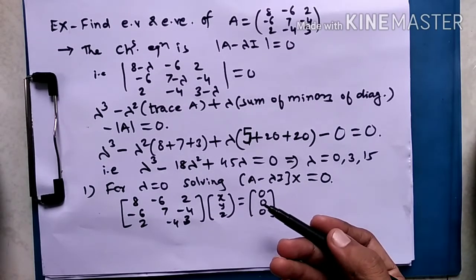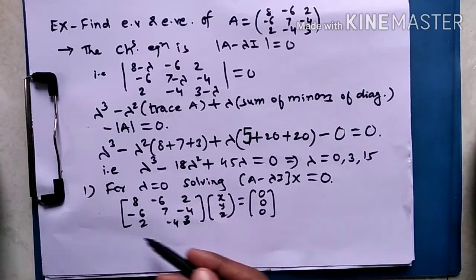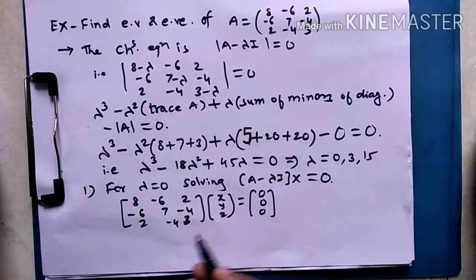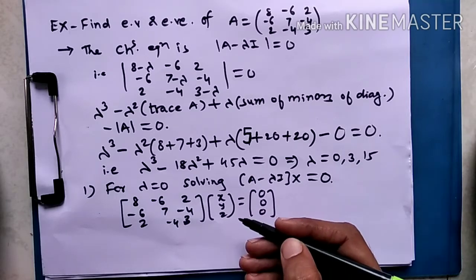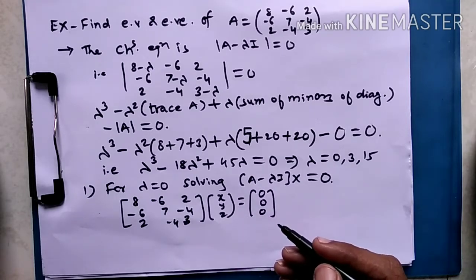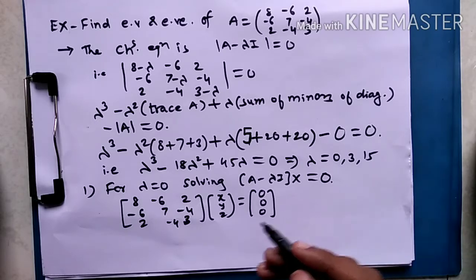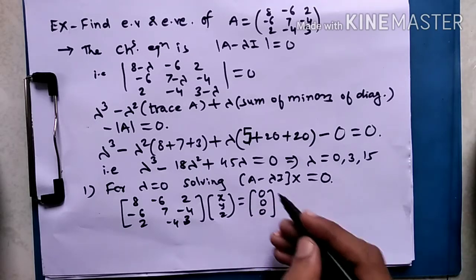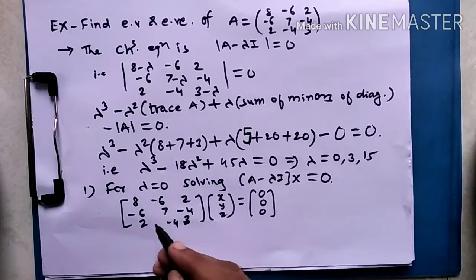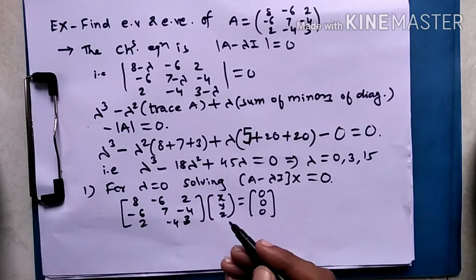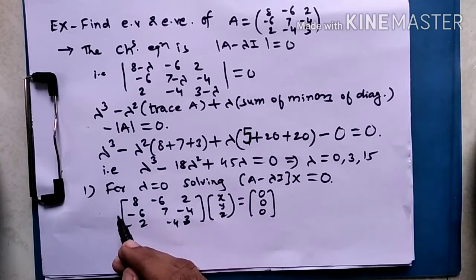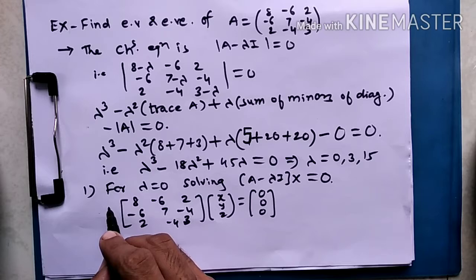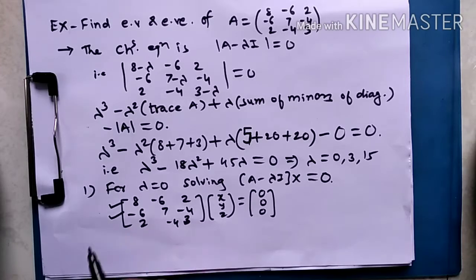You already know one method, the row echelon form. You can reduce the given matrix to row echelon form, and then you can easily find the values of X, Y and Z. But instead of that, we will go here for Cramer's rule because that is very simple. For Cramer's rule, for a homogeneous system of linear equations, out of these three, we require only 2 equations. You can choose any 2 equations, say first, second, or second, third, or first, third. That is your choice. So I'm not writing those equations again. You can see what those equations are.